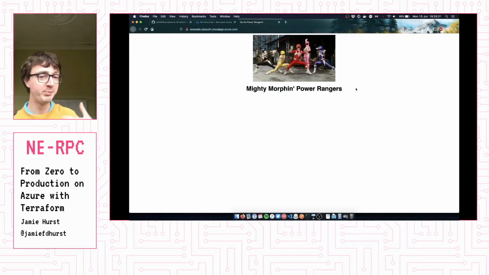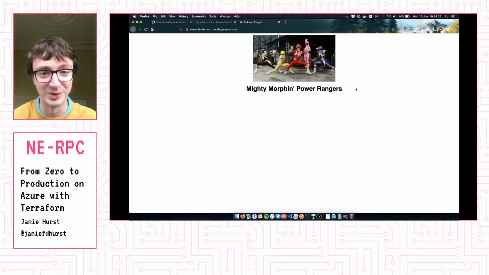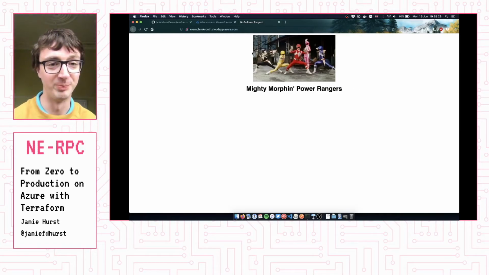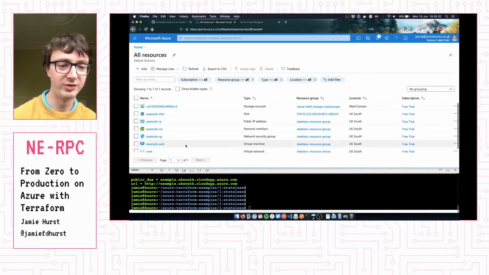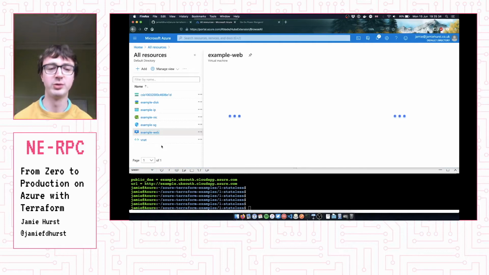As I said, it was a very simple stateless application. I make no bones about trying to do anything a little bit more complicated on the first run that I run through. Okay, so you can see, if I minimize this ever so slightly, if I jump into example web,